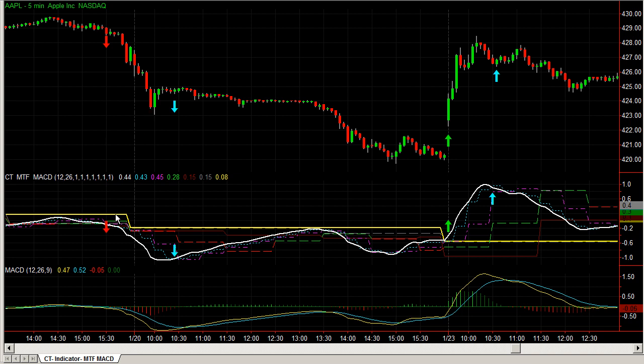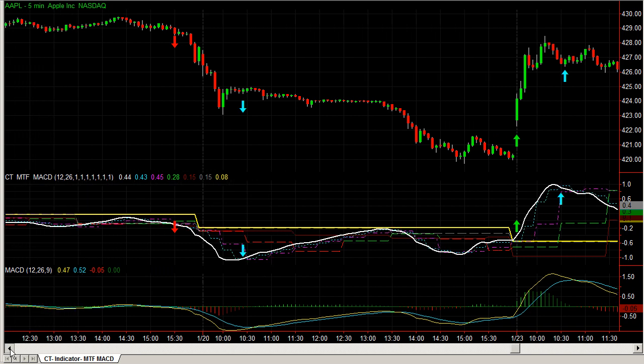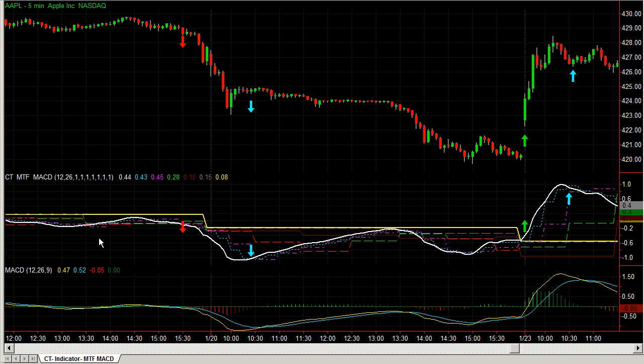where, see how these are all congested together? When that happens, it won't last too long. That's a multiple time frame consolidation going on here. And when it broke down right here and broke below these other lines, that's your short signal. When it came back inside here, that's the end of that wave of the down move, and it's time to